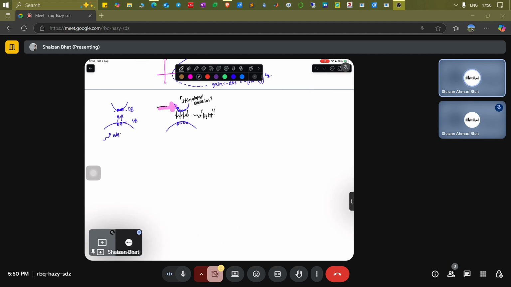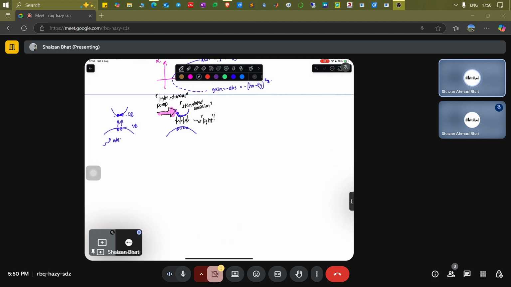If you stimulate it and you bring all of the electrons down by a certain pump source, let's say it can be a light source, it can be an electric source, then you can get gain out of the system. In absorption, the electromagnetic wave coming in gets absorbed and its amplitude falls exponentially decaying. But in this case, if you have an electromagnetic wave coming like this, note that this is a different electromagnetic wave. It's not a pump, it's a different electromagnetic wave. Let's say this is an input signal.